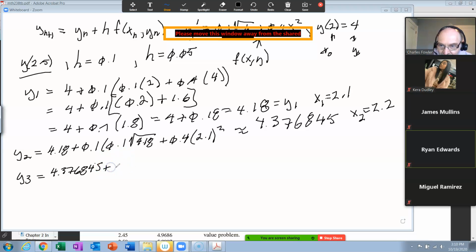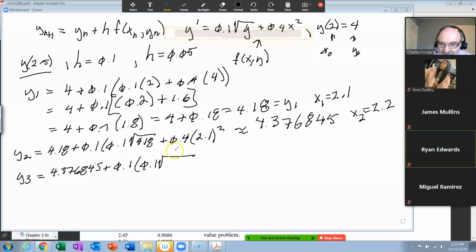Plus 0.1, that's your step size, times 0.1, that's from your problem up here, times the square root of this y2, which is 4.376845,